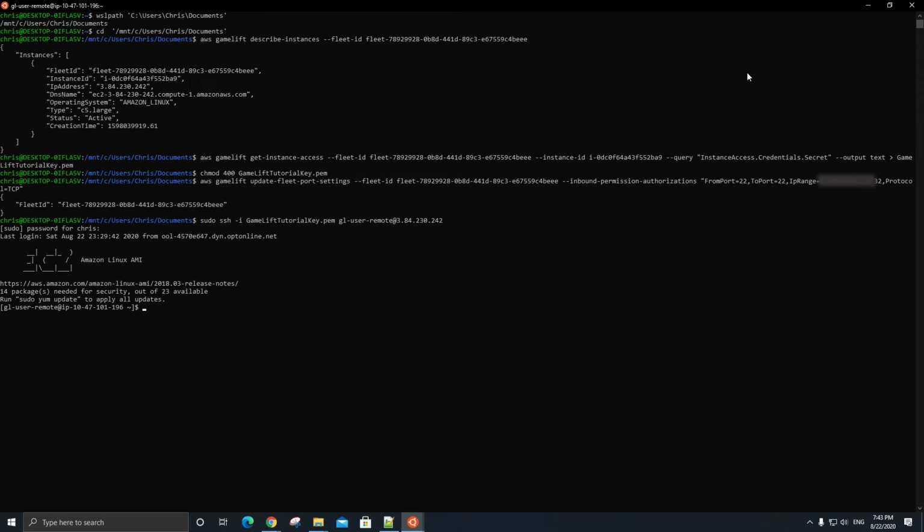The first thing that I want to do is actually clear the terminal so that we have more room again. And then let's cd into the directory containing our game. So if you remember from the fleet settings, the launch path of each server executable in each instance in our fleet was prefixed with /local/game/. So let's first cd into the local folder. So type cd